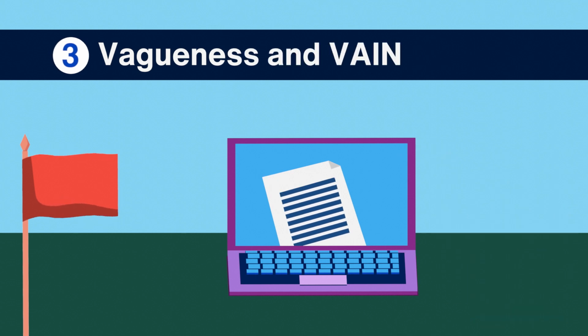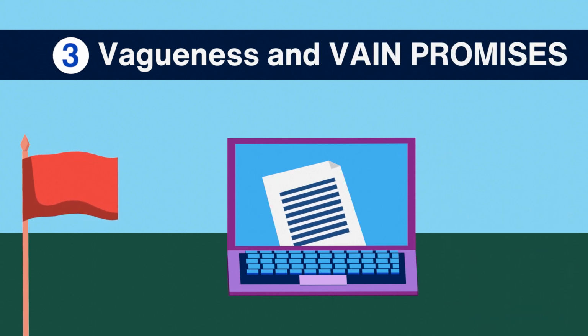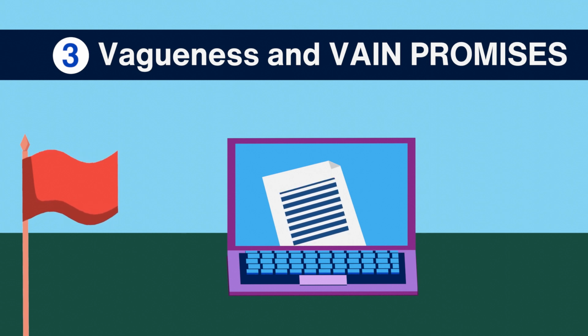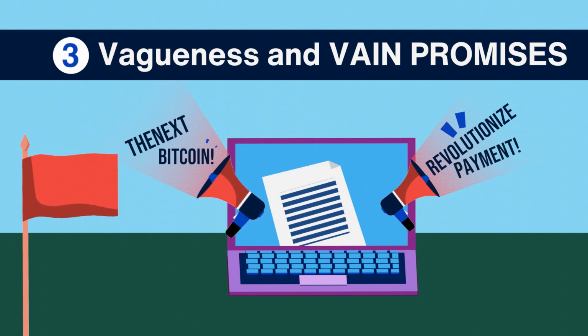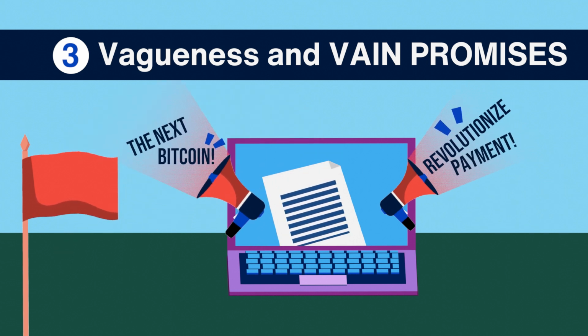Third, vagueness and vain promises. You know, if a project sounds too good to be true, then it probably is. A poor white paper will often use vague statements to conceal their incompetence, since they can't really explain what they do. For example, you might see statements like "revolutionize payment," "the next Bitcoin," or "Ethereum killer." Fourth,